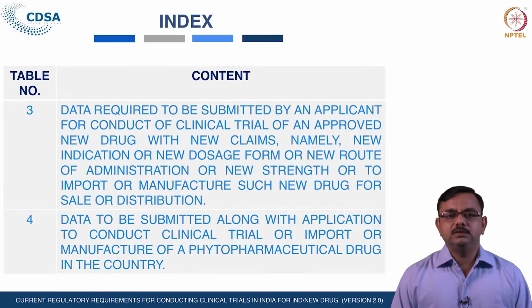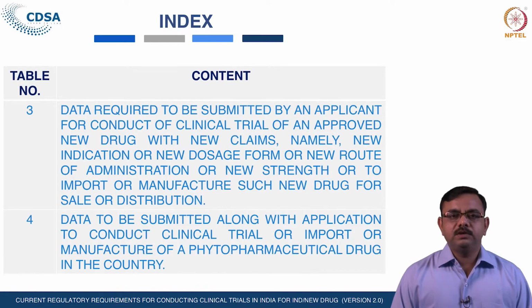Then, why the new dosage form or new route of administration, that therapeutic justification has to be given. Then again, the applicant has to give the chemical and pharmaceutical information to verify whether it is the same or not, including the chemical name, code name or any number, proprietary name, generic name, and the structure of the drug. Then detail about the dosage form and its composition is required to be given. The test specification for active and inactive moieties. Further, the specification of the finished product is also required to be given.